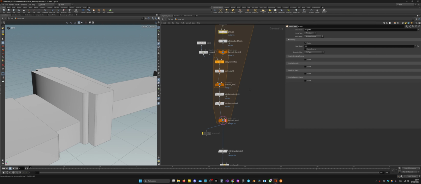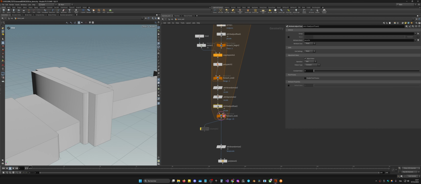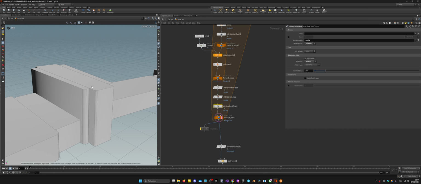I want the same behavior but for the extrusion, so I will add an attribute adjust. I'm sorry for my bad English, that is not my first language. So attribute adjust float again. The attribute is now on primitives, so I will go primitives. The attribute is called z-scale, and I want it to be constant and maybe to multiply. Okay, so now I can adjust it, but I want to adjust it only for the group, that is why